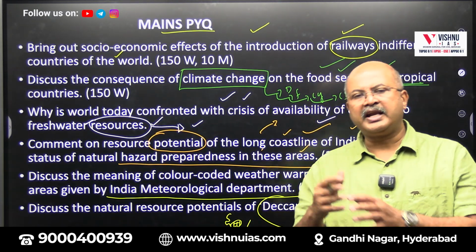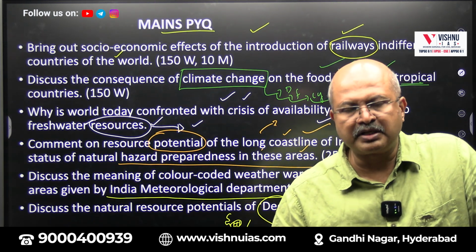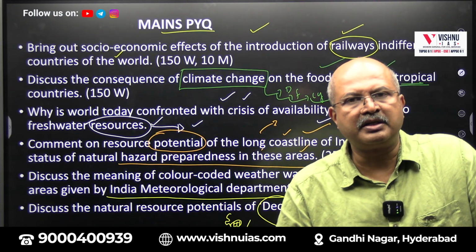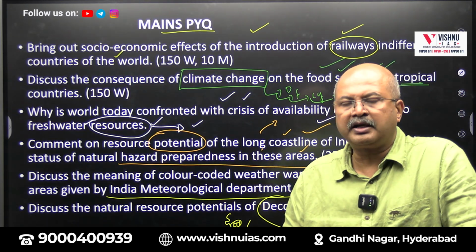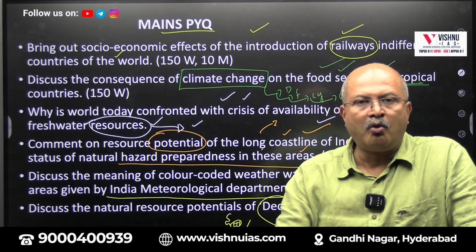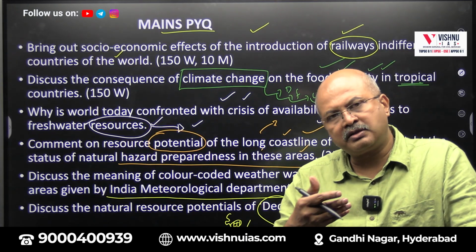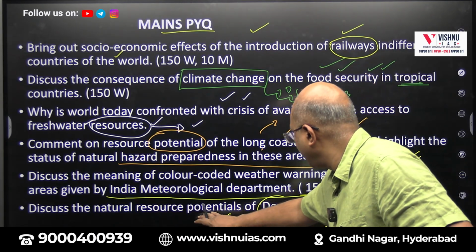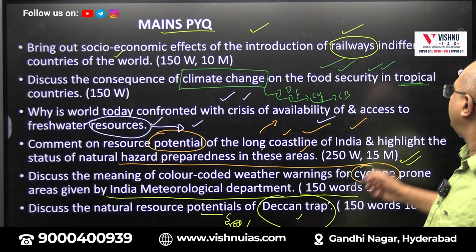Basalt rock, volcanic activity. So minerals will be there, soils will be there, transport facilities will be there, crops will be there. So all those potential capacities we have to discuss. When you are discussing this, you have to understand what the Deccan Trap resources are, what are the issues associated with them, why we are unable to use the resources very carefully, what are the drawbacks, what are the bottlenecks to use the resources very carefully. So we have to make assessment, not only reading, assessment, then only the answer will be complete here.